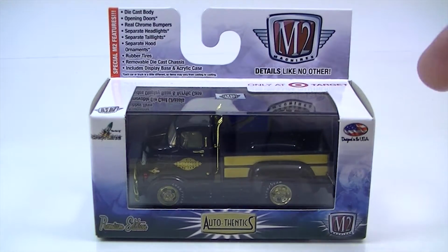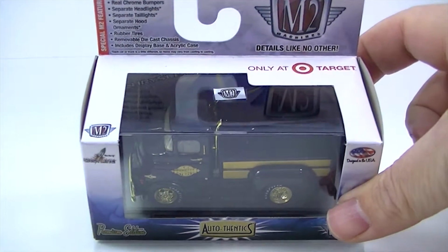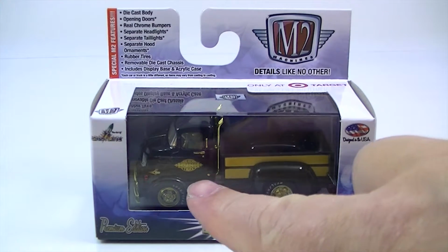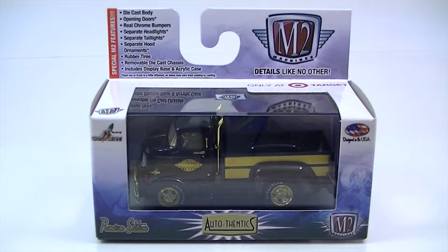Hey guys, look what I found! Target exclusive, look at that! Huh? What do you mean you already got one? What, but... No...